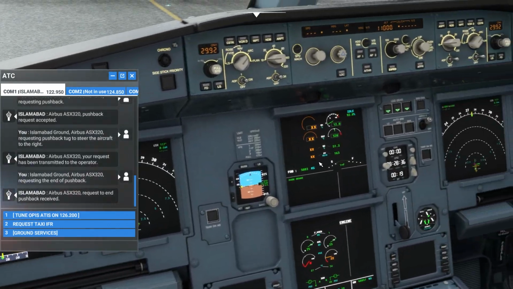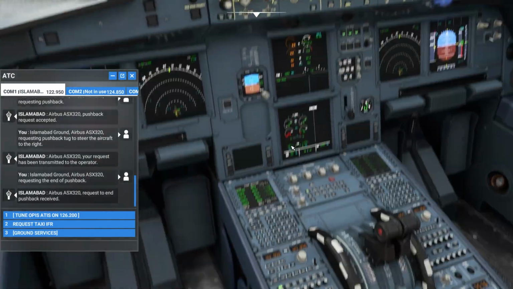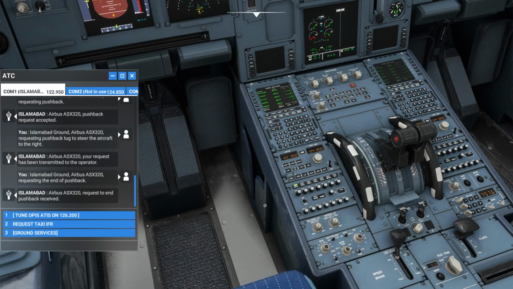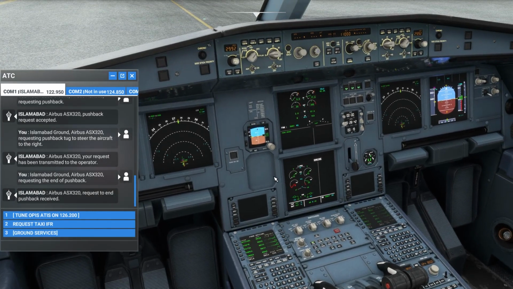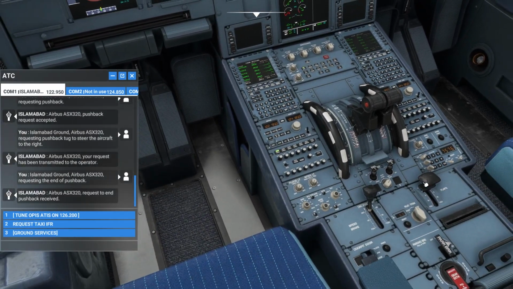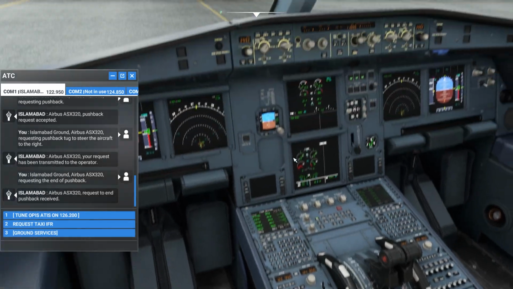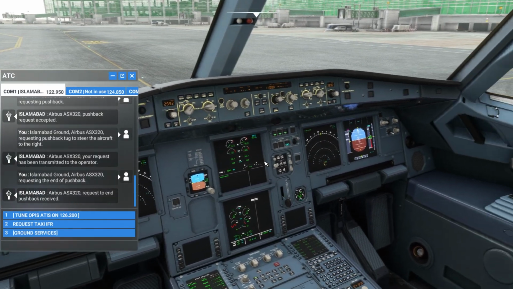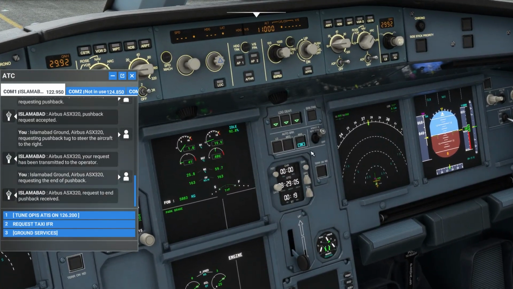Now you can see engine 2 is running. I will just save time and go with engine 1 also. So remember to follow the procedures properly, and now you know at what stage after the APU you can get the IFR clearance, and it's very easy. And after the pushback you can ask for the taxi IFR, and this is really good. So the flaps are set, ground spoilers are active, and the autobrake is set to maximum in case of rejected takeoff,